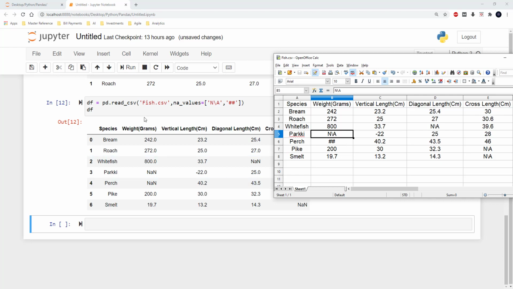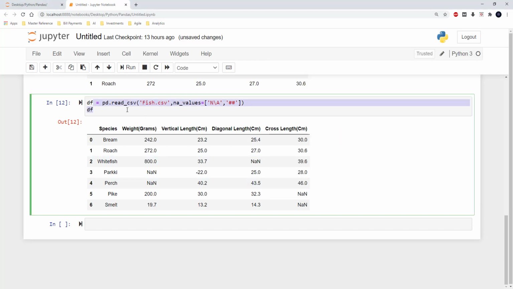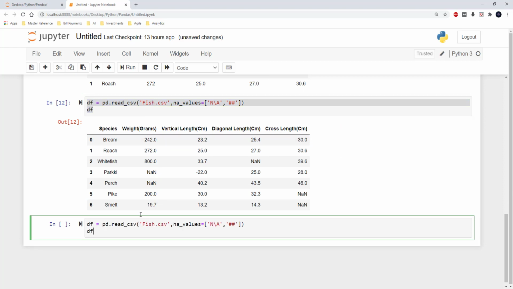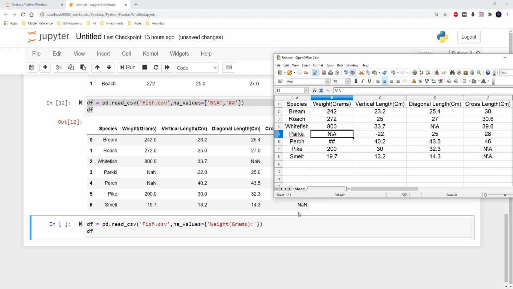So here I am going to use the same read_csv, and in na_values I am going to use the dictionary format, and within the dictionary format I am going to use weight grams. This is the column name, and here I wanted to convert n/a and ## to not a number.